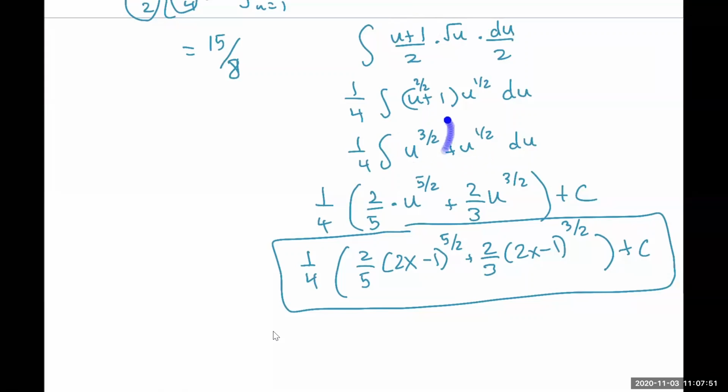The antiderivative of u to the 3/2 is u to the 5/2, and then don't forget to multiply by the reciprocal. Same thing with 1/2: add 1, and you get 3/2 times the reciprocal. And then the last step is just to make sure you replace your u's with the x. So in the chat, can you guys type